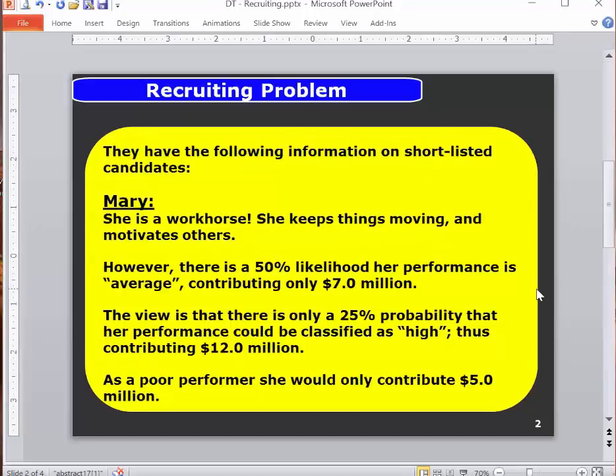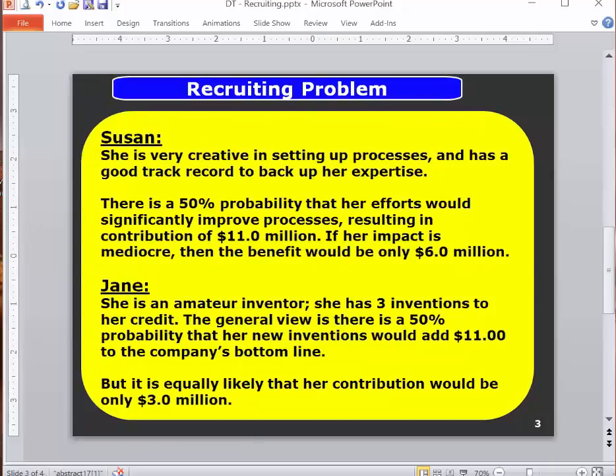They have the following information on shortlisted candidates. Mary, she is a workhorse. She keeps things moving and motivates others. Susan is very creative in setting up processes and has a good track record to back up her expertise. The third candidate, Jane, is an amateur inventor. She has 3 inventions to her credit. The general view is there is a 50% probability that her new inventions would add $11 million to the company's